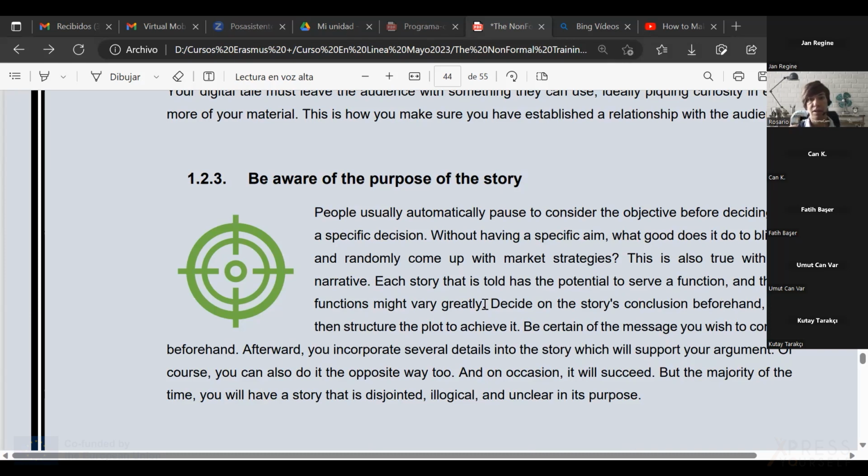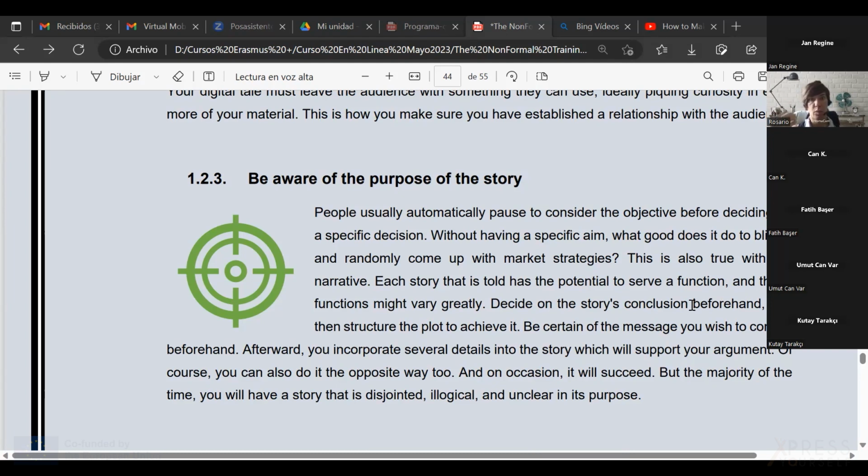So as it says here, we cannot go blindly and randomly recording our voices or recording a video in the street or recording a video at home and making a video of 2 minutes and we think that's it. We have a strategy, we have a plan, and we need to plan anything. So something else we need to decide is the story's conclusion beforehand and the structure, the plot to achieve it. As we saw before, we thought about the message, what for, how, which is the line of the message. Same here, what is the intention of the message